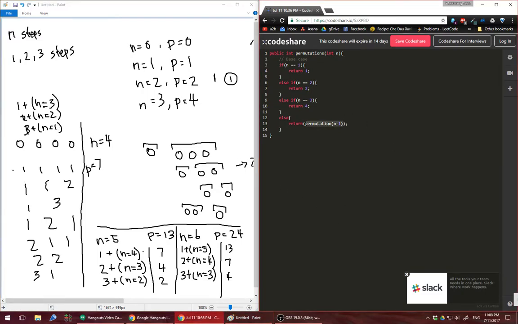Okay. Is there a pattern you can see? Yeah, for each iteration greater than n equals 3, we're doing 1 plus n minus 1, and then 2 plus n minus 2, and then 3 plus n minus 3. So I'm gonna ask you to look a bit more carefully at